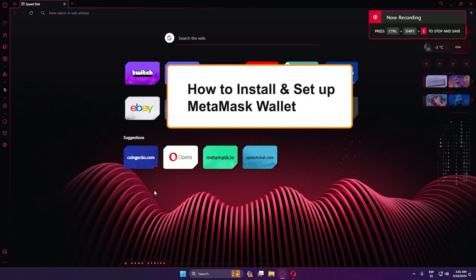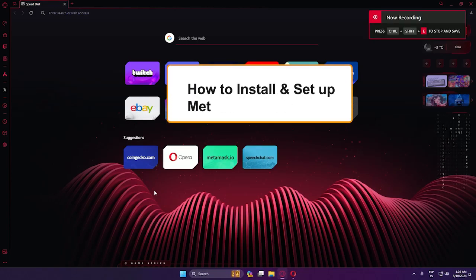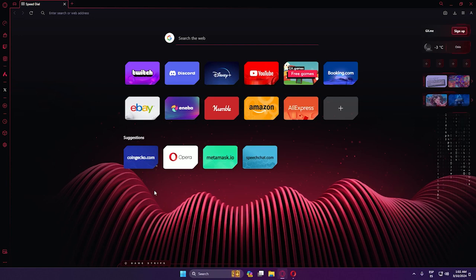Hey guys, so in this tutorial I will show you how to install MetaMask on any browser and also how to add a custom token to MetaMask. Okay, so in my case I will use Opera GX, but this works for Google Chrome, Mozilla Firefox, and also it works with Microsoft Edge. It doesn't matter, okay? The process is nearly similar between browsers,